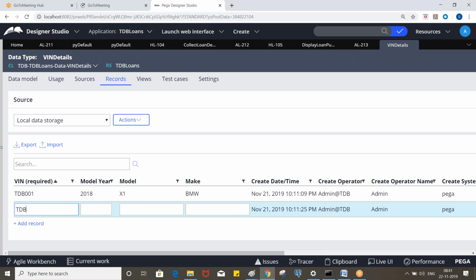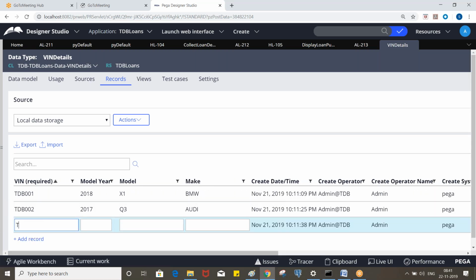So TDB 002, model year, model and make. Okay, so TDB 003, 2016, and make is Benz. Okay. So likewise, you enter some records.